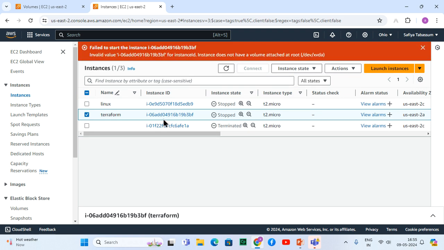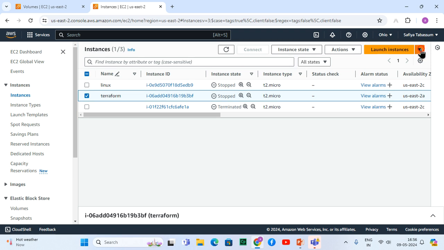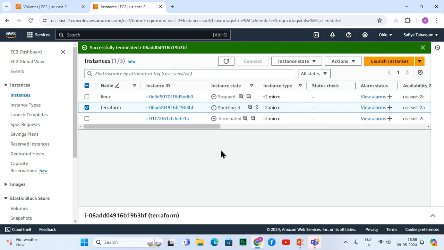Remember this point: if you do not have a disk, you cannot operate your virtual machine, because the virtual machine consists of an operating system. It's saying the instance does not have a volume attached. So I just want to delete it. Deleting the machine, so only one machine is there.